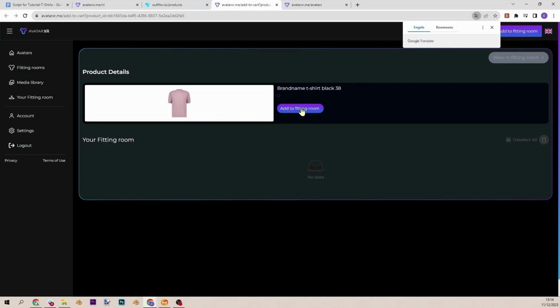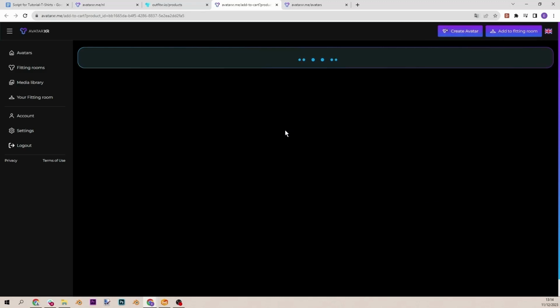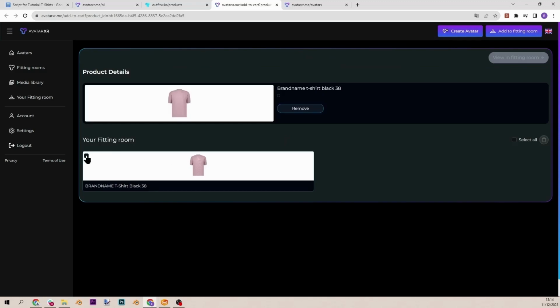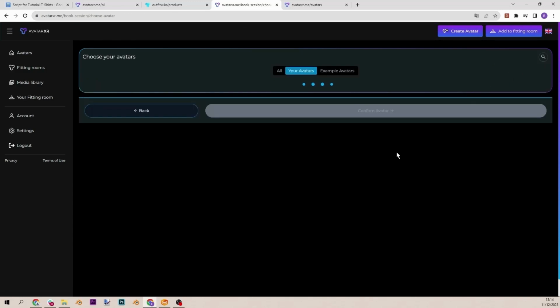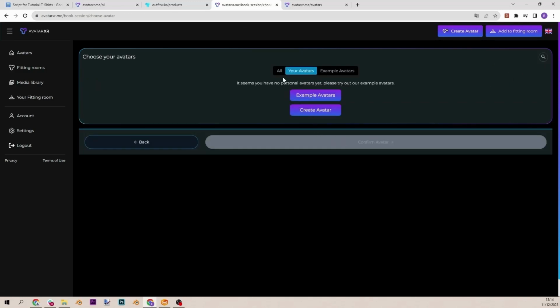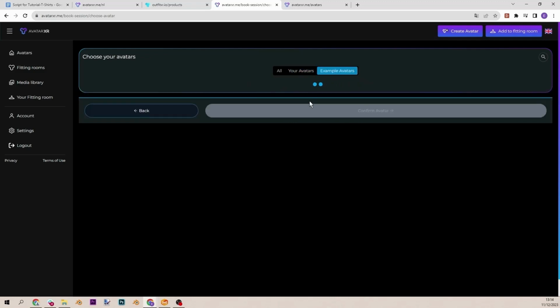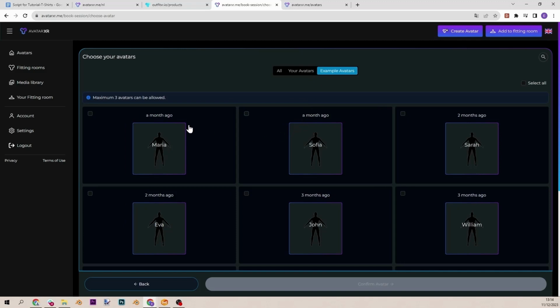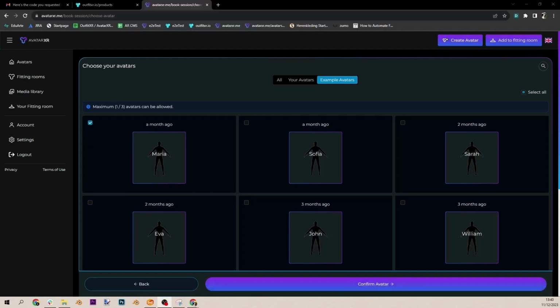Click on the Add to Fitting Room button and select the product you just added and click on View in Fitting Room, and you will be directed to the Choose Your Avatars page. Select your desired avatar. It can be your own avatar, but in this case, we are using the example avatars. Once you have selected the avatar you want,